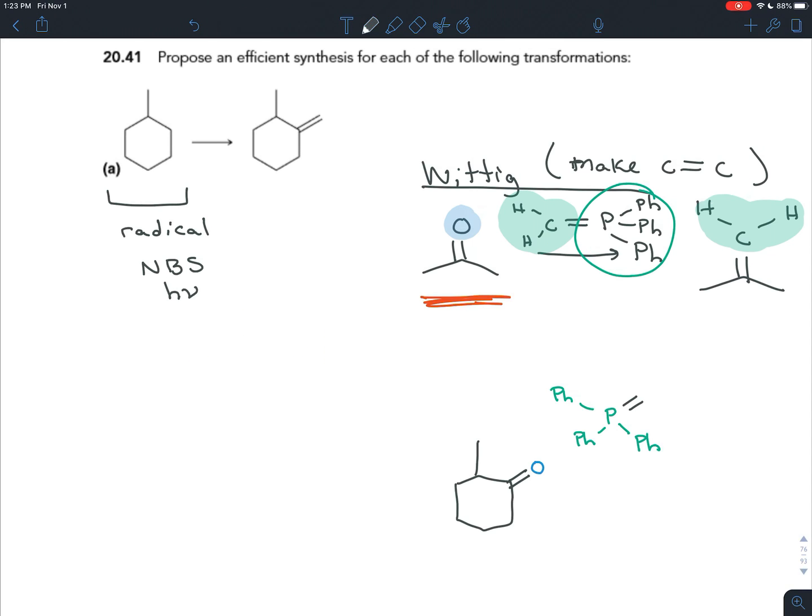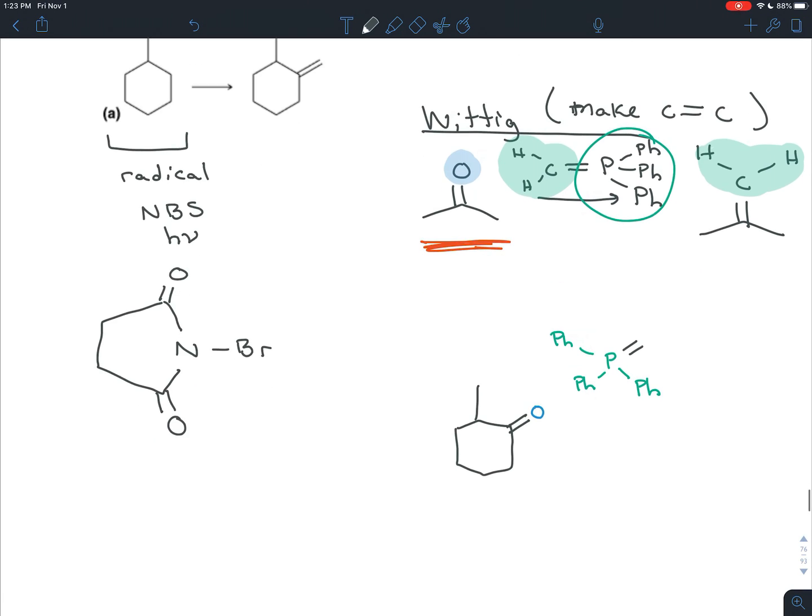And NBS, just so it's not a black box, the N is standing for a nitrogen. The nitrogen has a bromine on it, that's where the B is coming from. And then the S is standing for this other molecule called succinimide. It's a 5-membered ring that has carbonyls right next to the nitrogen. So that's N-bromosuccinimide. And what ends up happening is when you shine the light on this thing, this bond is